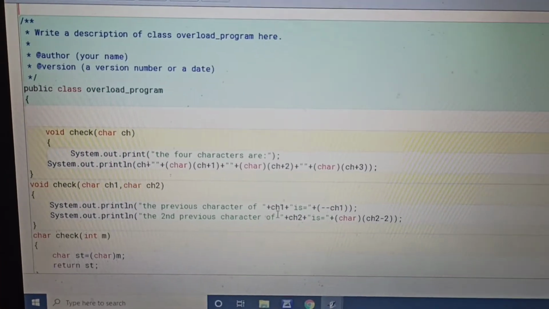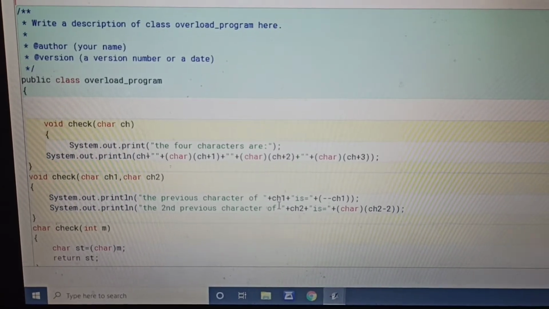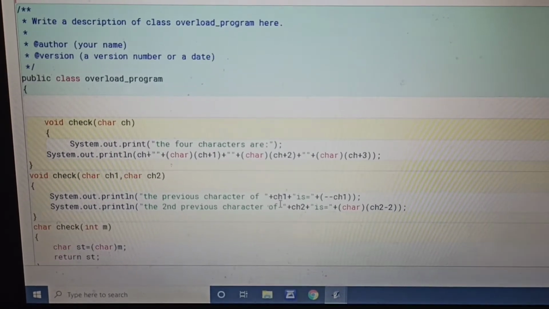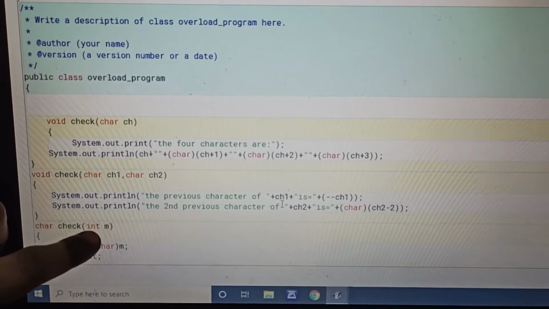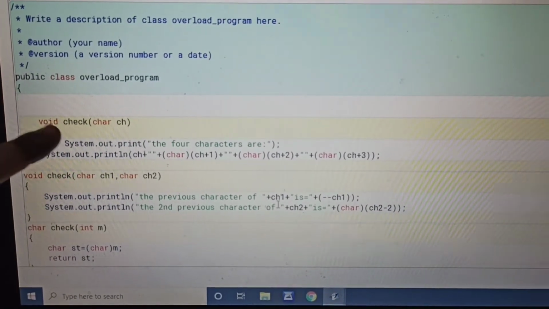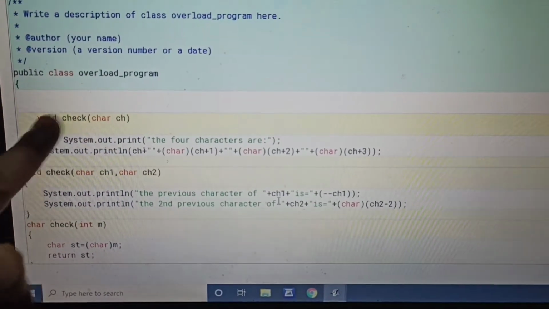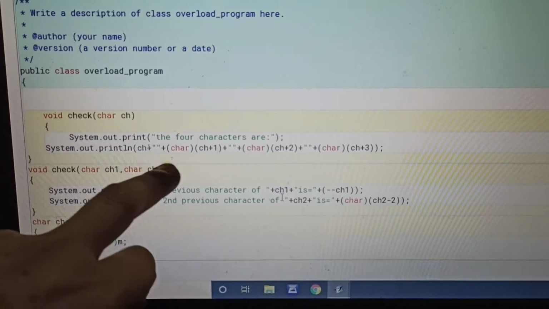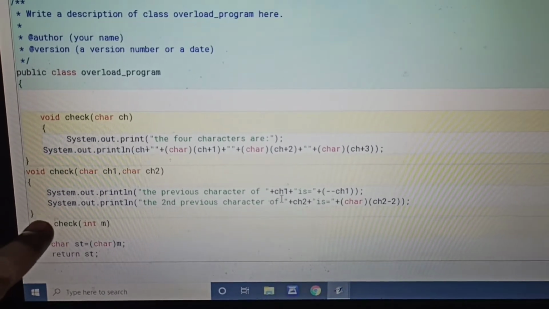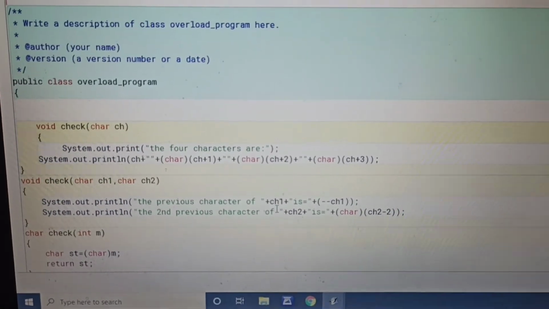This is the concept: in method overloading, one method name is used for different purposes. Here, as you can see, the same method name check is written 3 times, but only something is different. Void check has no return type, but the parameters are different. Here char check, the return type is changed to the character data type, and the argument passed is also different. Now just see how it works.